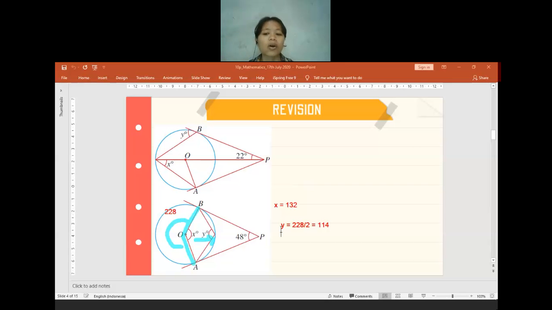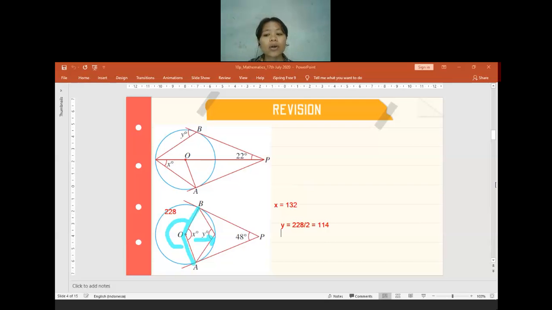Is there anyone who gets confused? Please collect all the angle properties that you have learned and also read the diagram properly. Check whether the angle is facing the major or minor arc. I can only use the relationship that the angle at center is twice the angle at circumference as long as they are facing the same arc. So you have to find the same arc first. Where is the position of their same arc? After that you clarify what angle it is, so I can use it to divide.